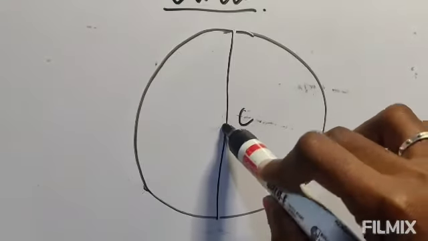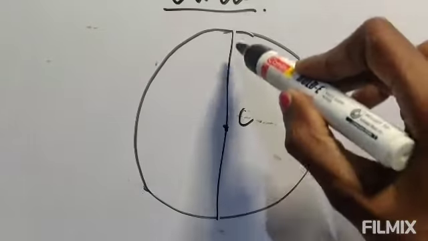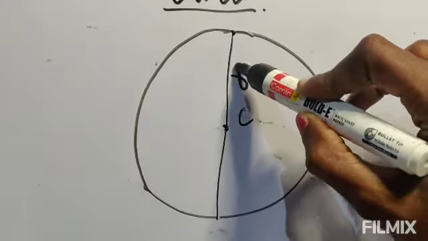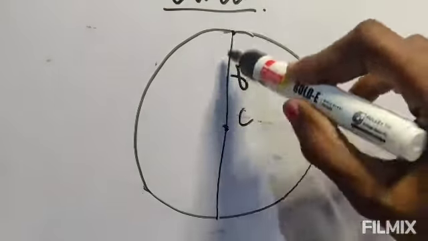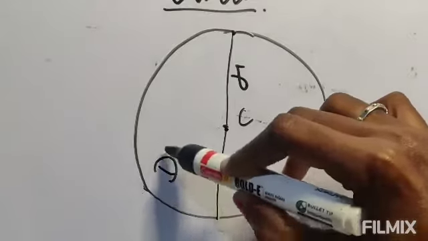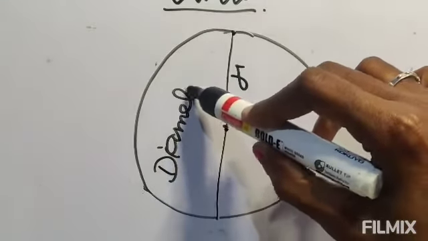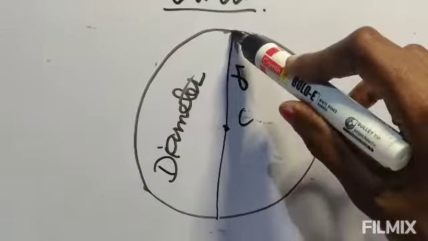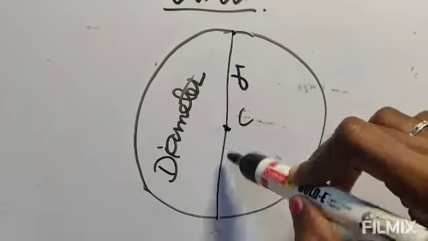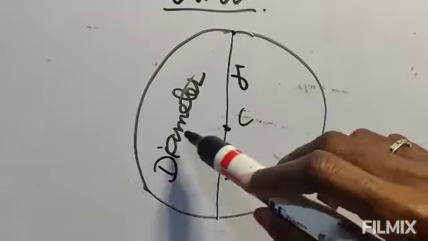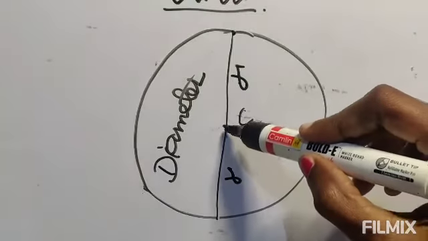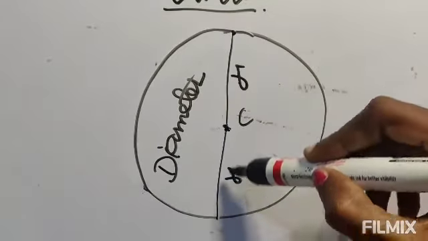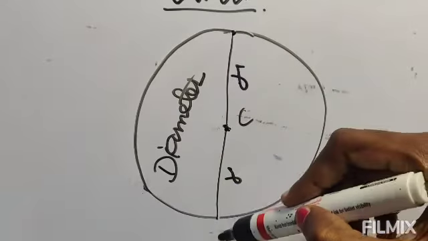Okay, I have drawn the diameter. Now see the diameter. This is the center, and this is the point on the circle. From the center to this point, it is the radius. This full length is called the diameter. Half of it, from the center to this point, is the radius, and again from the center to the other point, it is the radius. So the diameter is the total of 2 radii. The full length is the diameter.